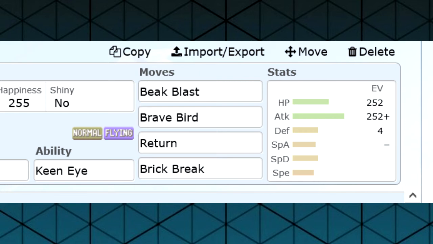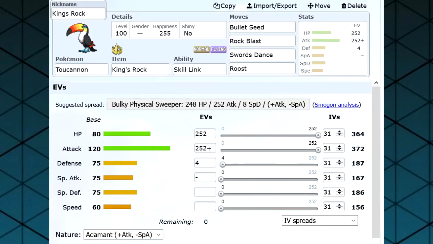But then I got Return and Brick Break. So Return, I get the STAB with normal types, obviously, and then Brick Break is just something that I can clear out some of the rock Pokemon that might switch in. So yeah, that set was pretty simple, but here we get into the King's Rock set, which obviously the item